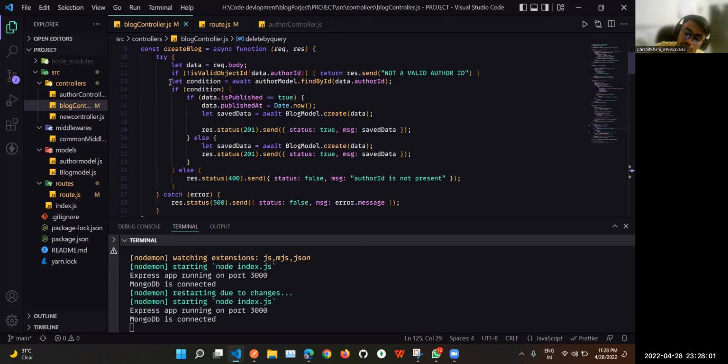And if a condition applies, then if data.publish is true, meaning this is present in the field,